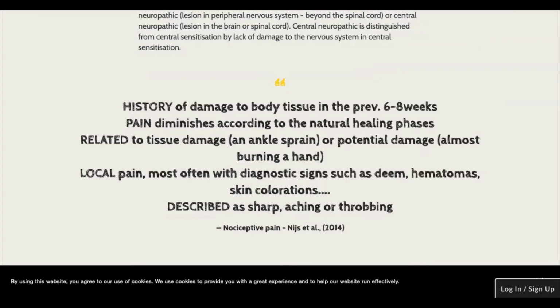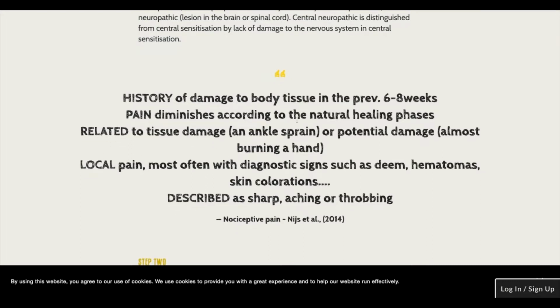That might hurt, but we're going to have to suggest that people lean into that and work with that a little bit. Now, the nociceptive pain, which is your tissue-based mechanism, that's what most people would associate all pain to be, is nociceptive damage. And here we're going to have a history of damage to body tissue in the last 6 to 8 weeks. Okay, so in the lead up to your back pain, was there one moment where you felt something happened? Was there a clear injury?